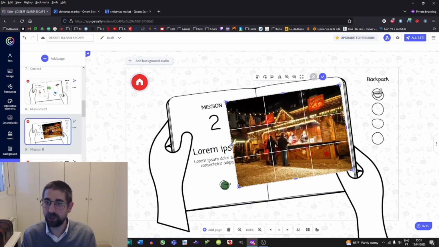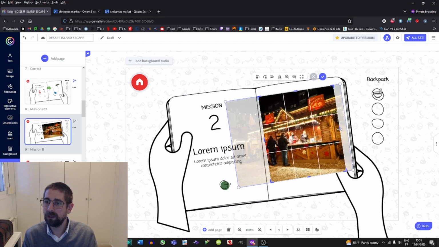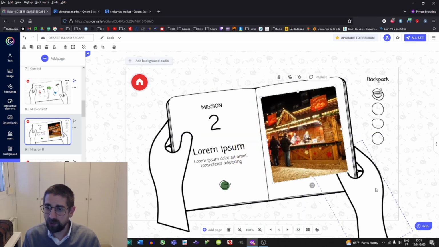Double clicking on the picture and you can crop it. Okay, to crop like that. So here we have our picture. Maybe we can place the arm on top like that. And here,